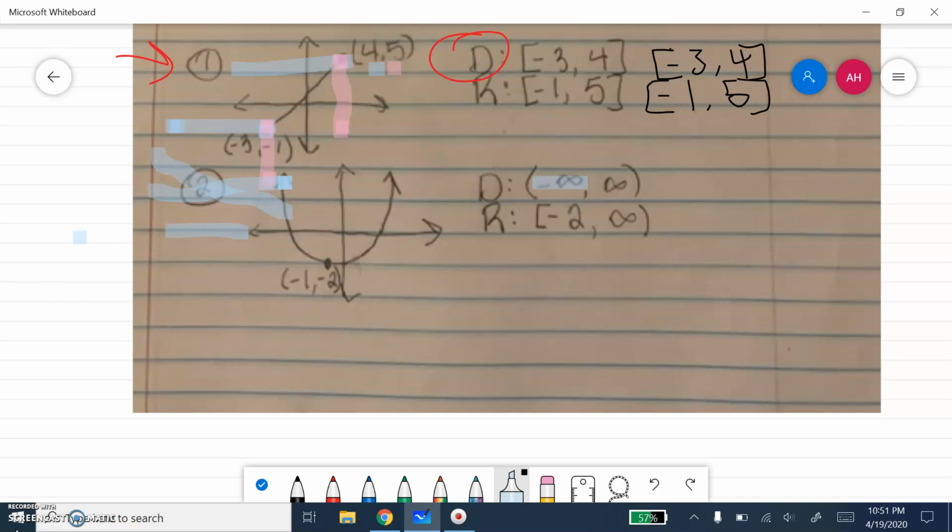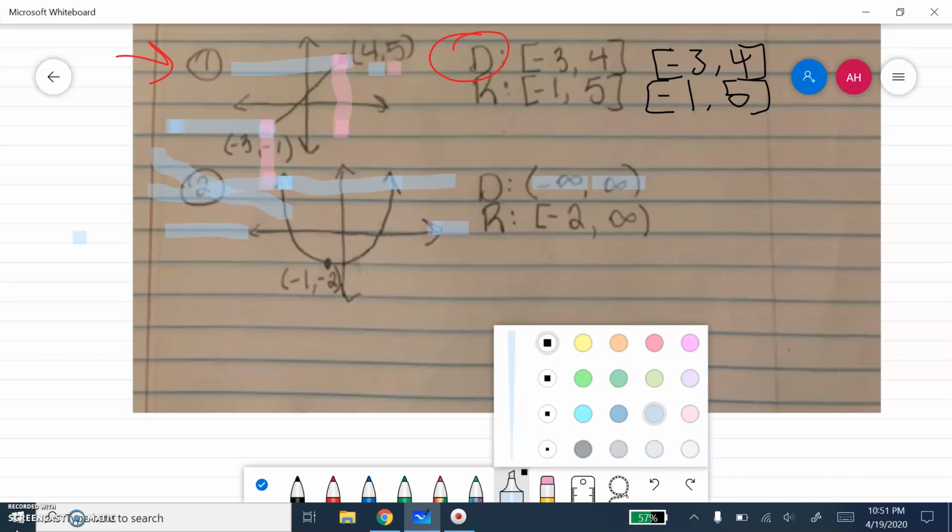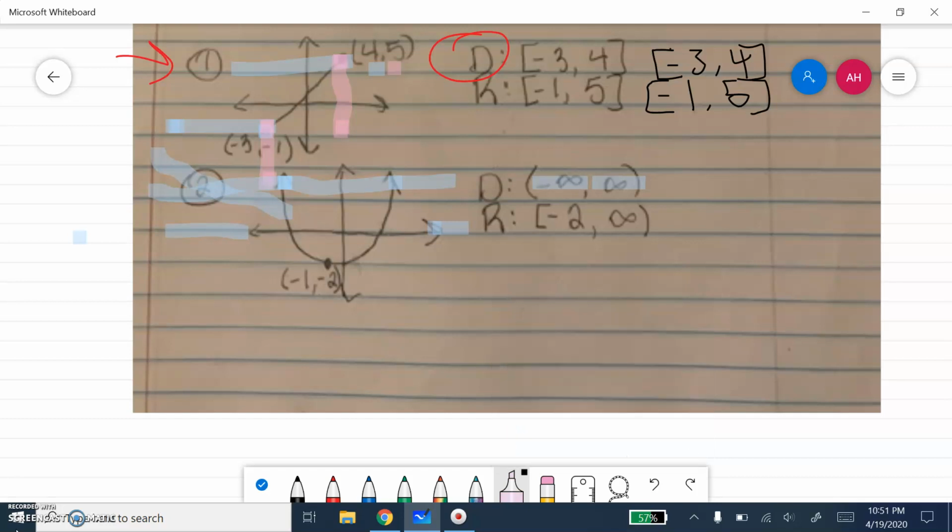And then we're going to look, where does it stop on the right side? So if we keep going here, all the way to the right, again, this arrow right here means that it keeps going. And so to the right is positive numbers. So keeps on going forever to the right, positive, it's positive infinity. Then if we do the range, okay, so we're going to come in from the bottom and see the first place it hits. So if we come in from the bottom, the first point it hits is that one. And that y, because it's the range, is -2. So we start with -2. It's a point, so use a bracket. And then we keep going up. If we go up, here and here, that's the top of what